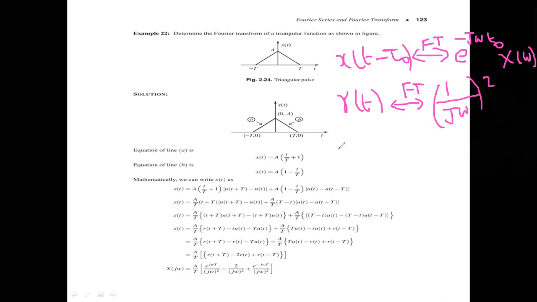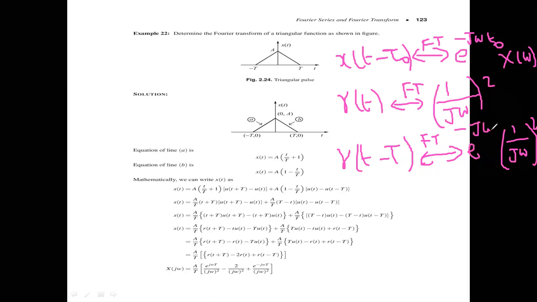Now it is shifted with r of t minus capital T, Fourier transformation is x of omega, 1 by j omega whole square is x of omega. It is multiplied with e power minus j omega into